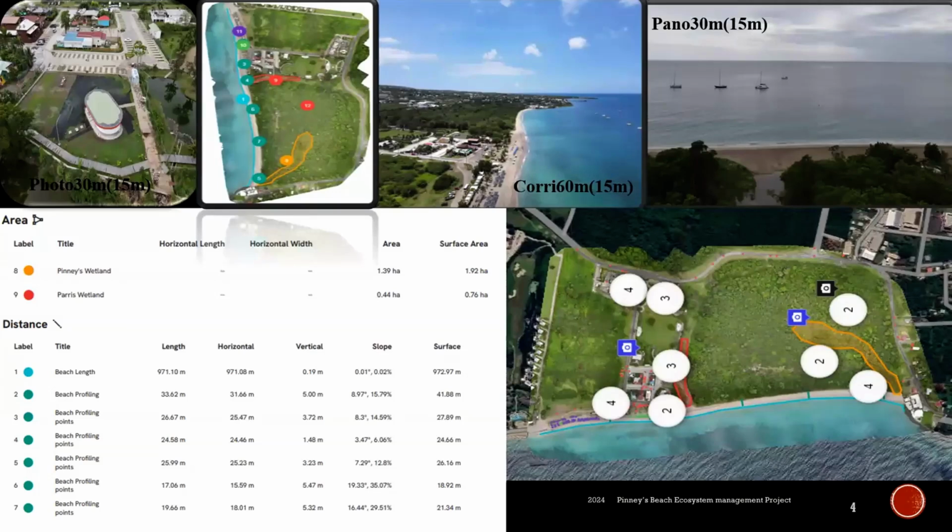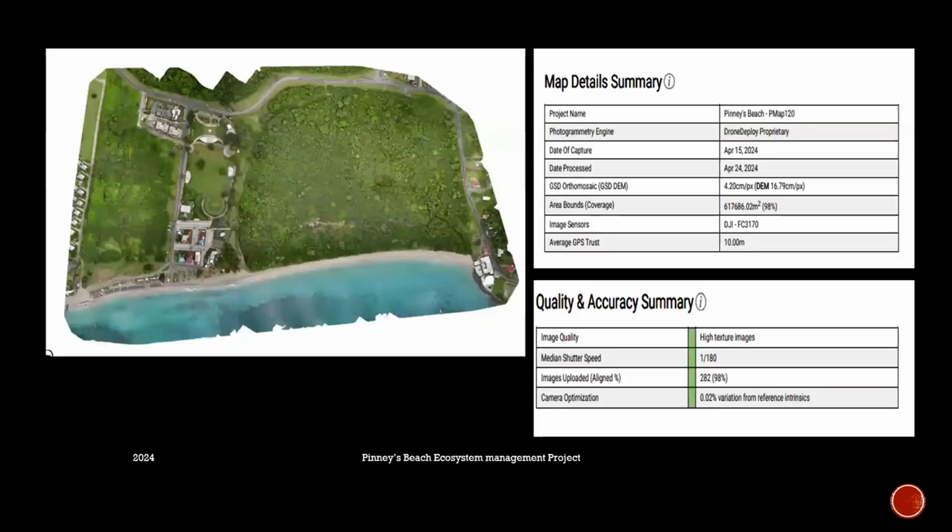In addition, because I do beach profiling, I also wanted to have some baseline study for this area. We currently have 3 markers on the ground for that area, and I wanted to include several other areas to give me a better idea of how that beach is progressing through the years. So certain markings were done along the beach at certain distances to give an idea of what we'll be looking for in the future. We ended up getting a beautiful map, beautiful details, and despite everything, it came out with clean, high-quality images,